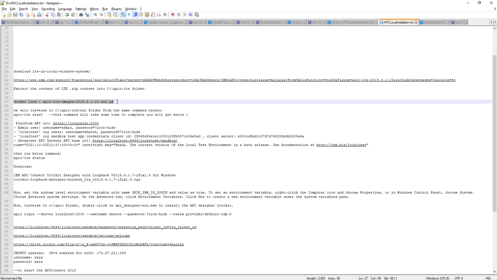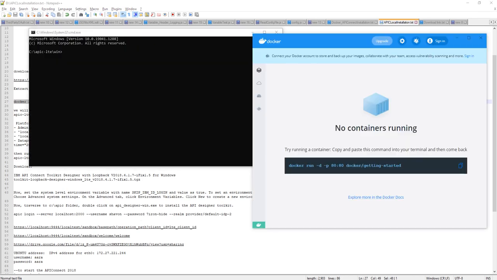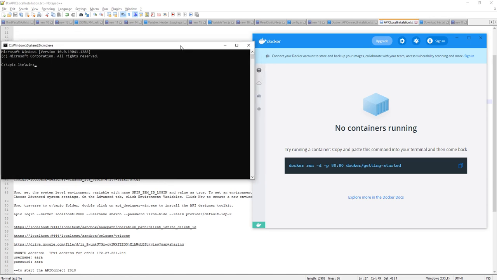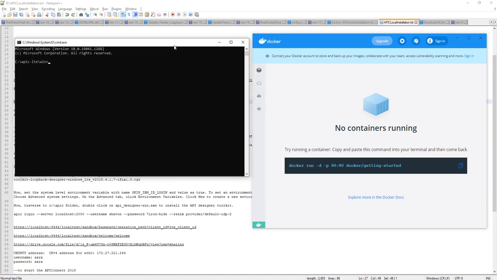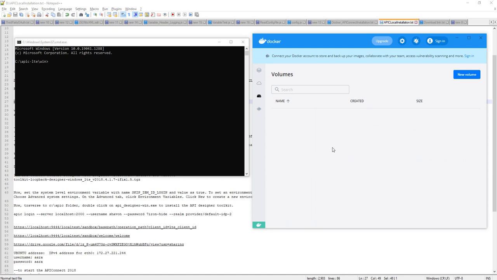After that, let me open Docker as well. We'll start this one. Here we can see that no containers are running, nothing is available here, meaning no container. And we can see the DataPower image here. Let me start this one, apic and lte start.